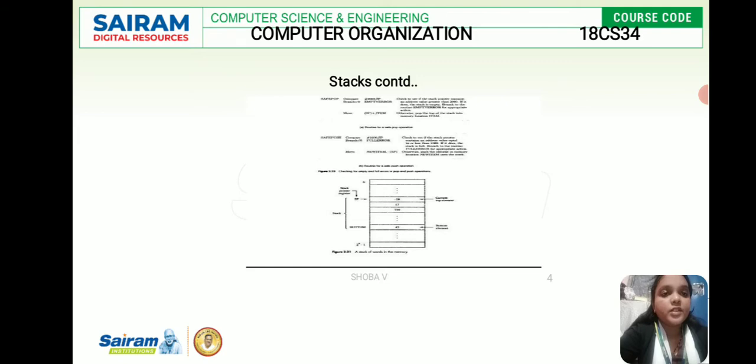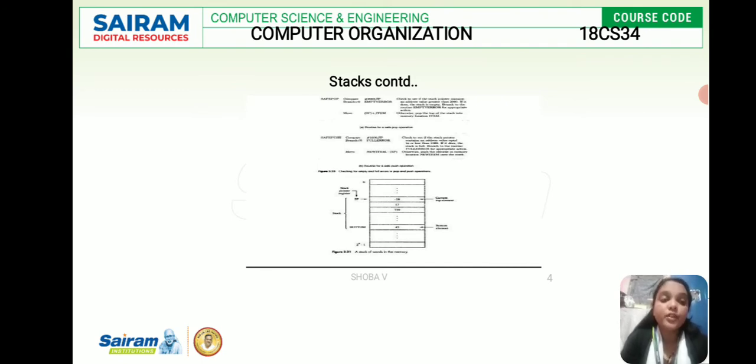For example, first the SP is set to 0, EMTY is set to 1, and FULL is set to 0. Now as the stack is not full, FULL equal to 0, a new element is inserted using the push operation. So the push operation executes as SP becomes SP plus 1. The data register holds whatever value is stored in it. If you are going for a push operation, then it will be in the empty state. If you are going to pop, then the value will be stored in the data register as it is.